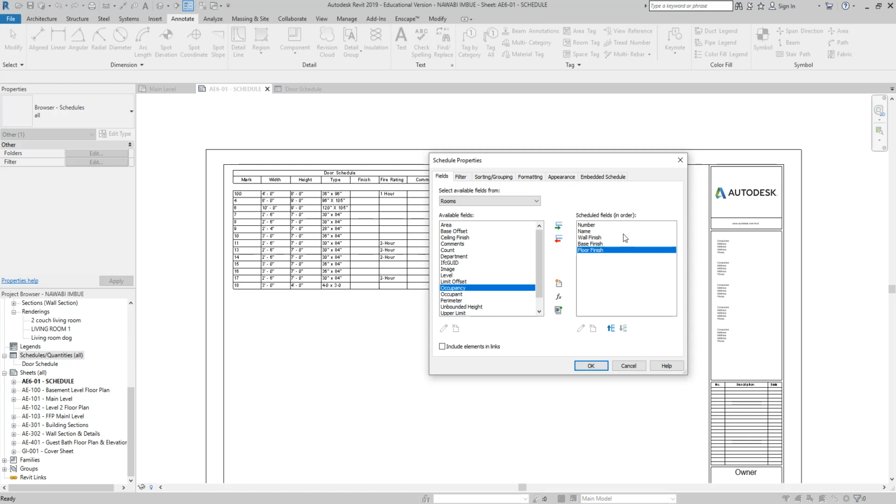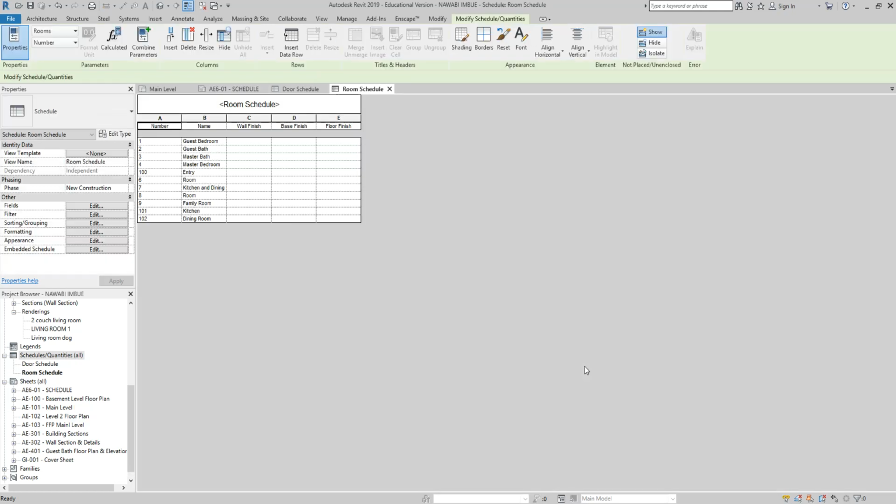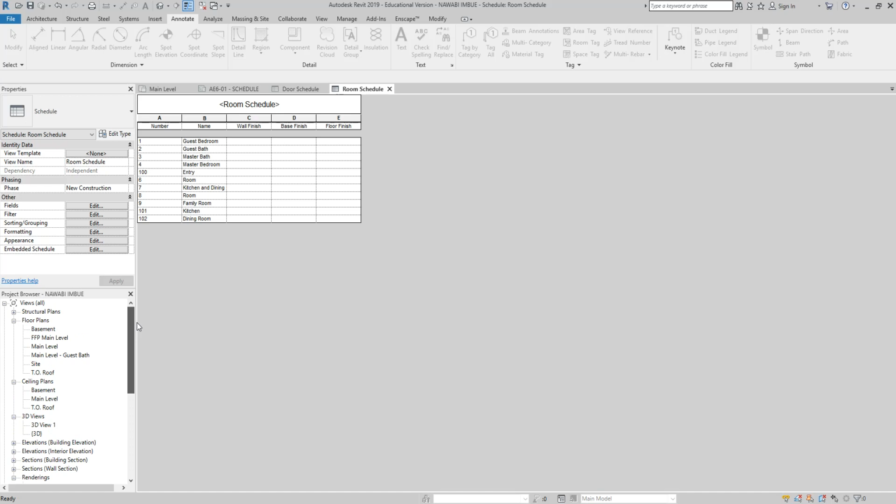So a couple of you guys, I didn't realize were using text to do your room labels. Make sure you're using room labels to make room labels, because without the room labels, you won't be able to get all of this information. So when I click on OK, you guys can see I've got the guest bedroom, guest bath, master bath, basically every room that has been created in my main floor plan